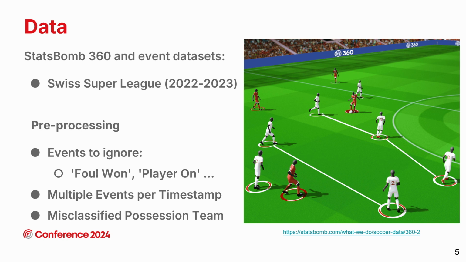We began with an initial pre-processing phase where we discarded some events we were not interested in, for example, fouls won, but also all non-match related events. In our database, we had often 2 or more events for the same time of play in the match. That could be, for example, a dribble situation for the in-possession team and a duel for the out-of-possession team. So since our main goal was to accurately define how each team behaves, we just took 1 event per timestamp, so as not to have duplicate game phases.